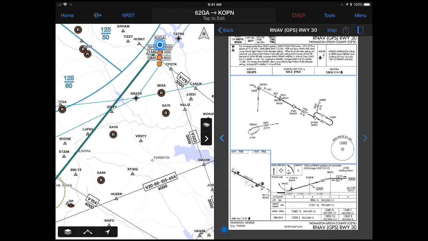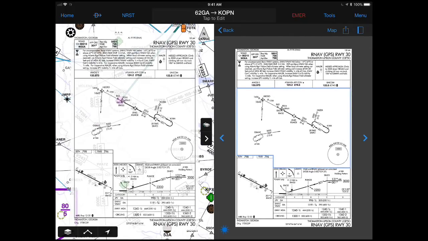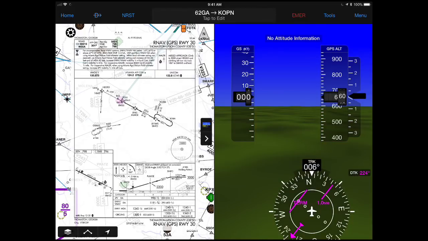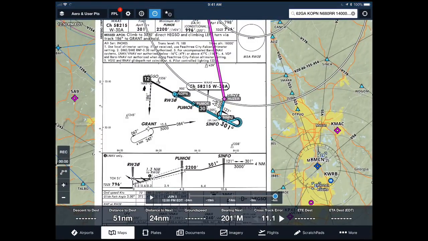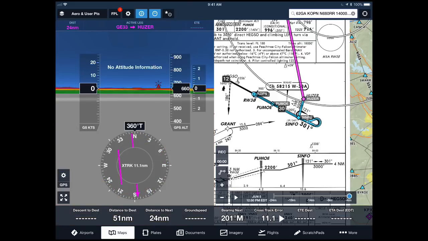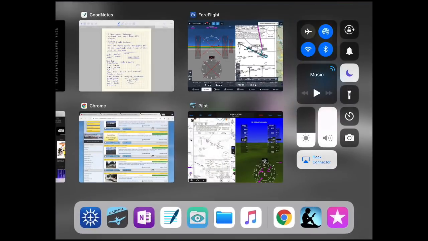with Foreflight. Now, in this particular case, if I wanted to, I can hit map up here and it'll throw the chart over the map on the left. And then I can also click on this little guy here and we can go to synthetic vision on the right hand side. Again, if we go back over here to Foreflight, if I wanted to do the same thing, all I've got to do is hit the little synthetic vision icon and it brings it up there on the top. So synthetic vision in Foreflight is always one click away,